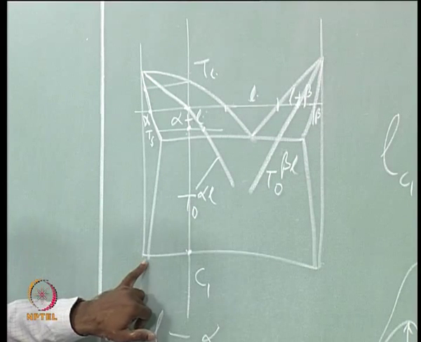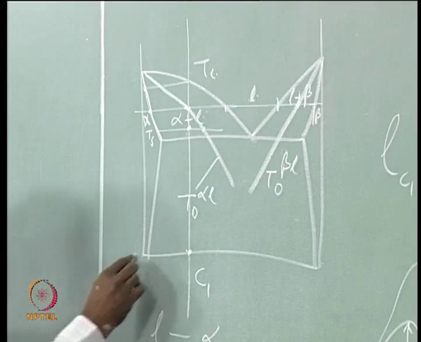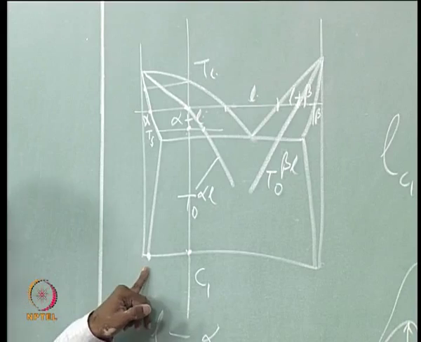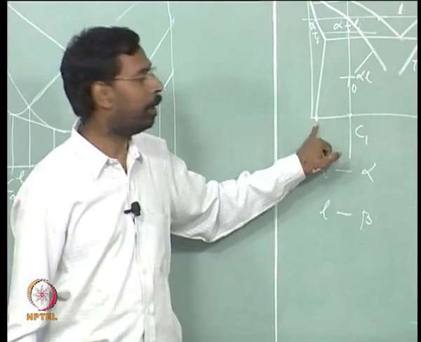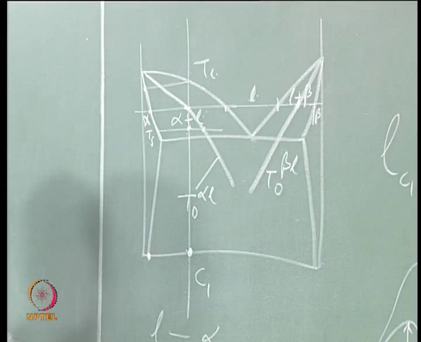Actually, in principle, at room temperature alpha can contain only this much of B. This is what defines the solubility limit. This is the beta B amount that can be there in alpha, but now I have an alpha which has this much of B. So, single phase alpha. That is why the T naught concept becomes very important,